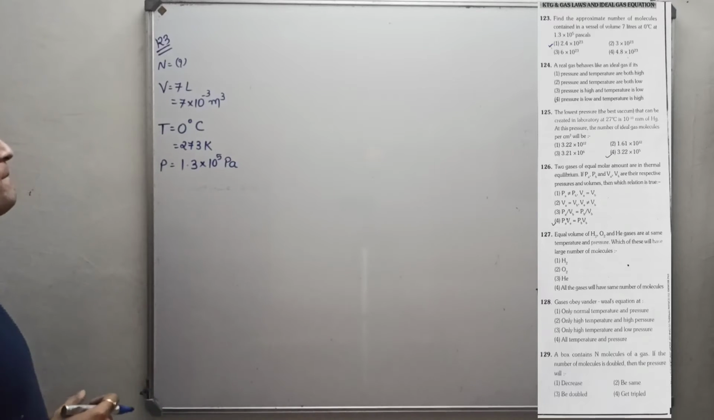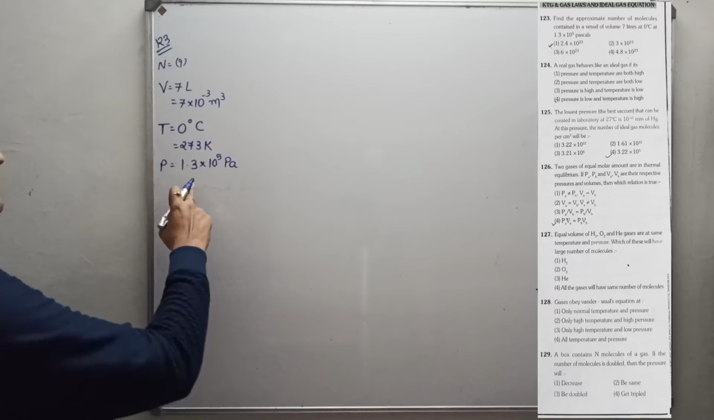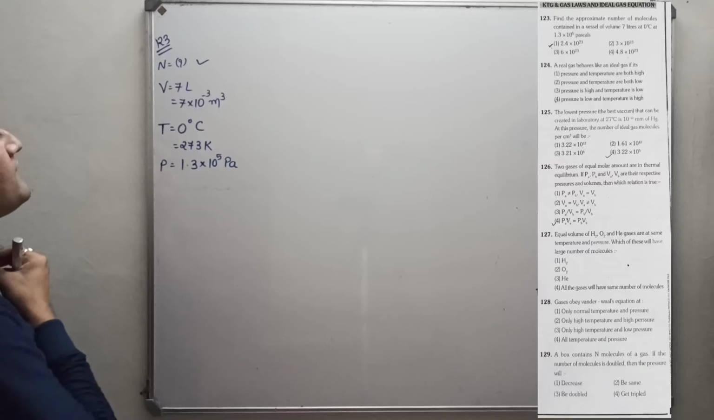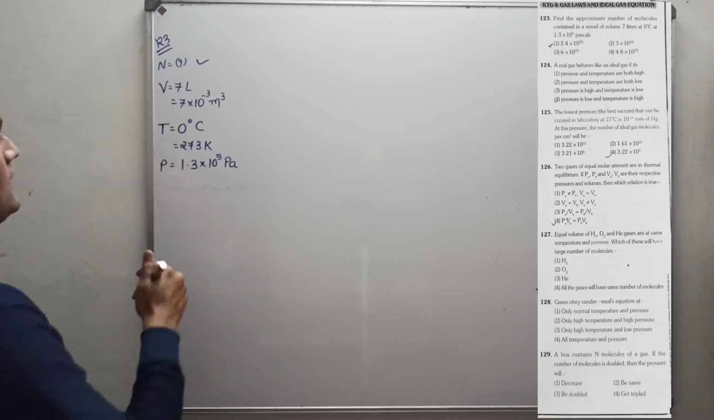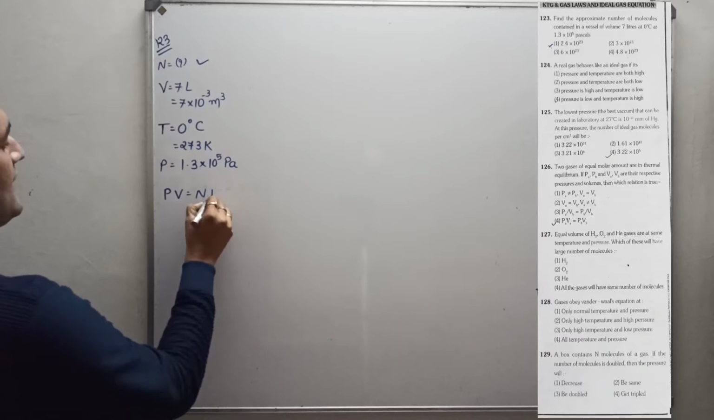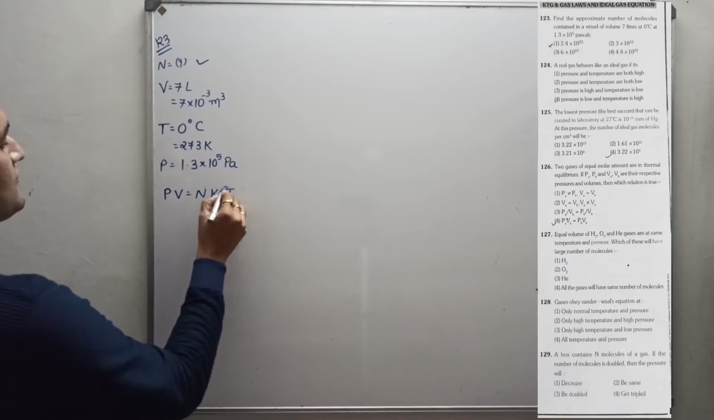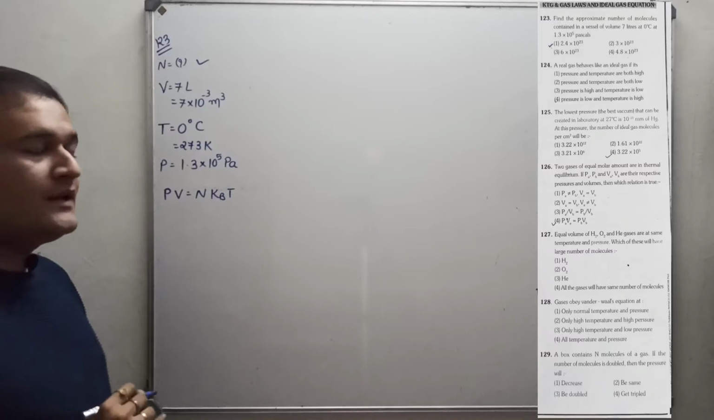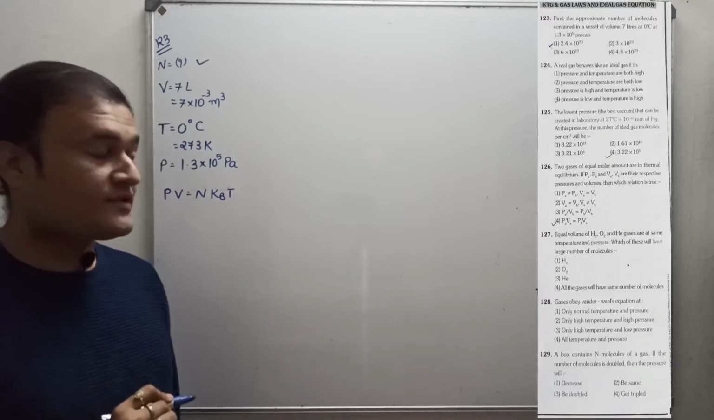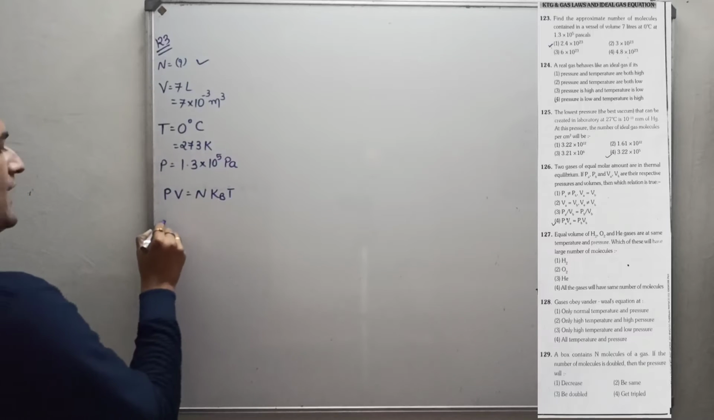First of all, we know the formula for this MCQ. We have to find out n, the number of molecules, so we use this equation: PV is equal to N KB T. This equation we proved in the previous topic, ideal gas equation. So n is equal to